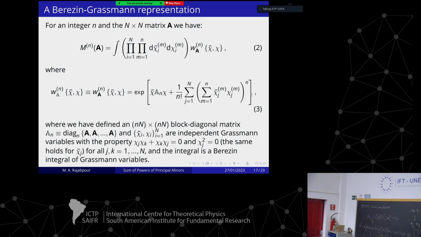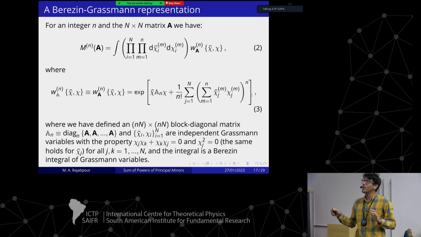You can show this by directly expanding this weight, and then seeing that term by term, each one of them is going to be principal minors power n. Of course, here I'm really working with the integer n, so I have no idea what to do with the